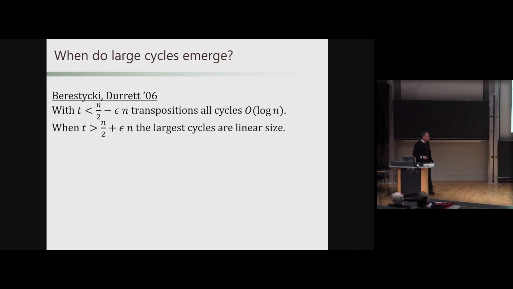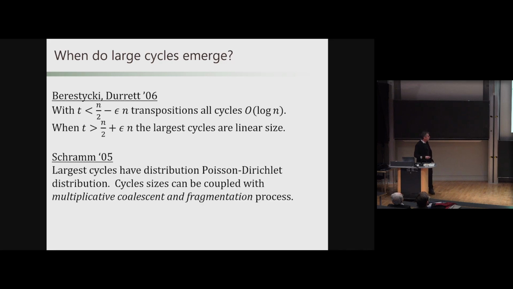movement. Okay, so later, although it looks like from the dates earlier, but this was just sometimes later works get published faster. Schramm showed a more refined version of this result, where he showed if you look at the cards that are in the macroscopic cycles, which is not all of them, there'll be, let's say after n transpositions, there'll be a constant fraction of the cards that haven't been transposed at all, but a constant fraction will be in the large cycles, and if you look at their relative sizes, that will be